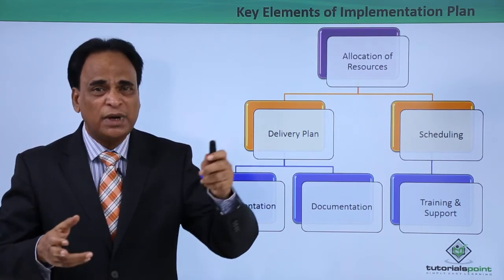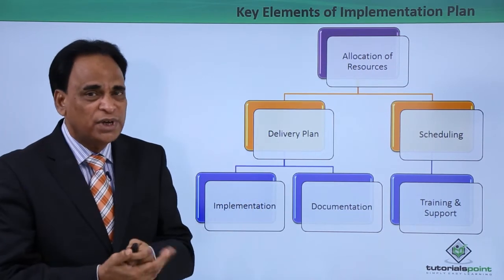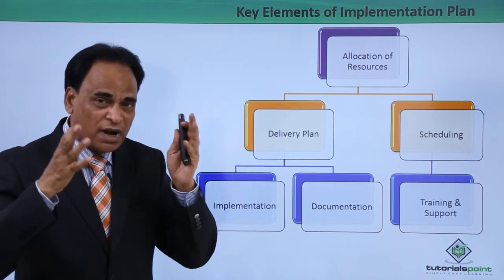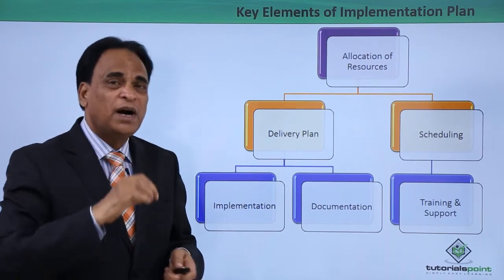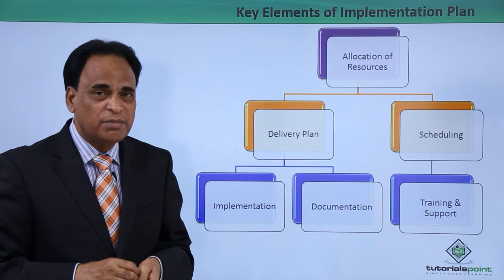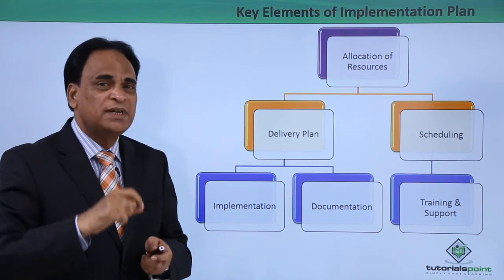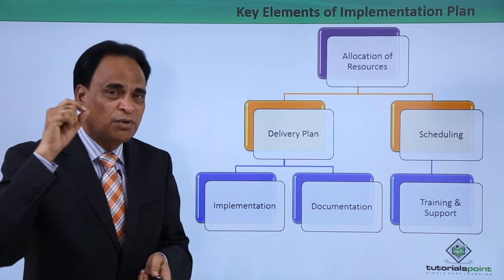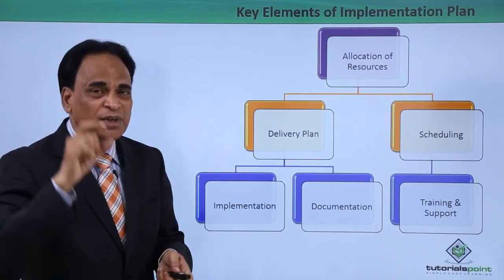What happens is you plan to deliver something in the first month, in the 4 weeks, sometimes you go beyond the schedule, it happens. But you have to be very clear the kind of delivery plan that you have listed out in the roadmap implementation plan, and the client has agreed to it, and you have to stick to the delivery plan. Make sure that whatever you promise to deliver within the specific period of time, you have to